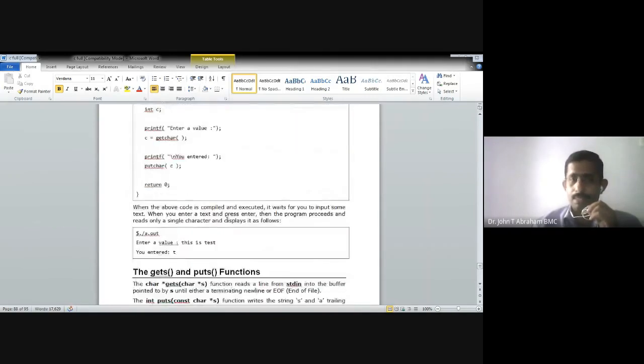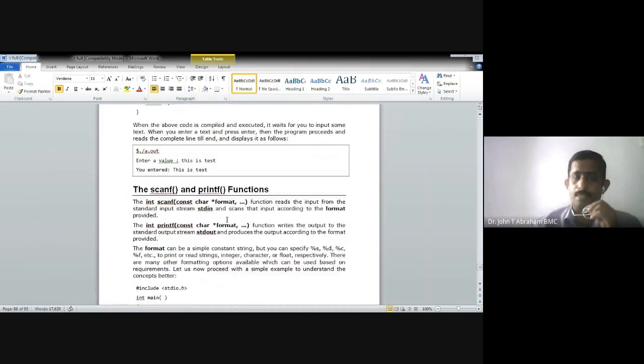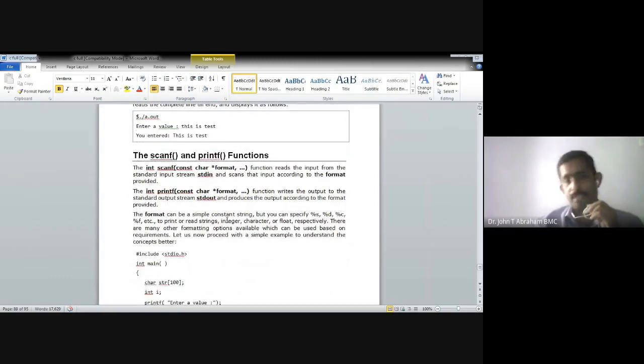We will see those after seeing scanf and printf functions. Scanf is the main input function we use. Scanf and printf are both in the standard library stdio.h, the standard input output header file. That is why when writing a program, we write #include <stdio.h>.